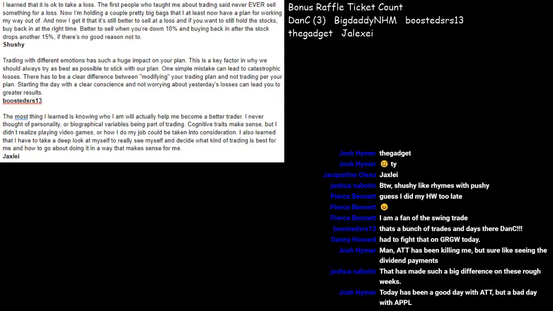And as far as your plan goes, there's a difference between tweaking your plan, changing your plan, and following your plan. You won't know if your plan works or not until you let it flourish. You test it out, and it takes some time to do that. You can't just do 2 trades and be like, oh, this plan doesn't work. For all you know, the next 8 trades would have been 80% successful.